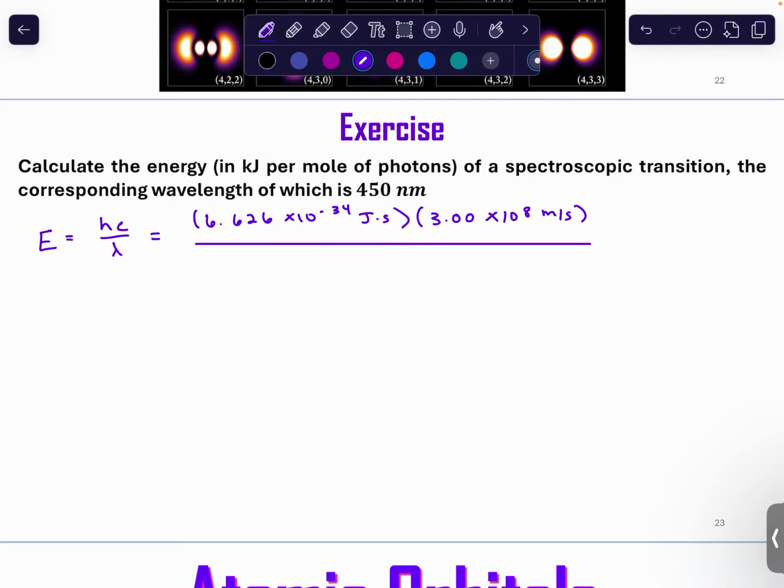What's the quick way of turning 450 nanometers into meters? Moving the decimal, or 10 to the negative 9th. There you go. Anytime you want to take nanometers to meters, just slap on 10 to the negative 9th. When you multiply this,